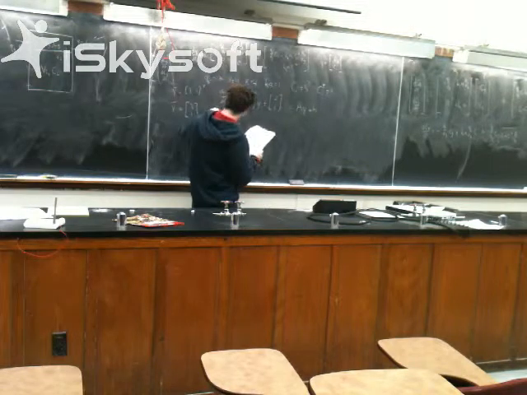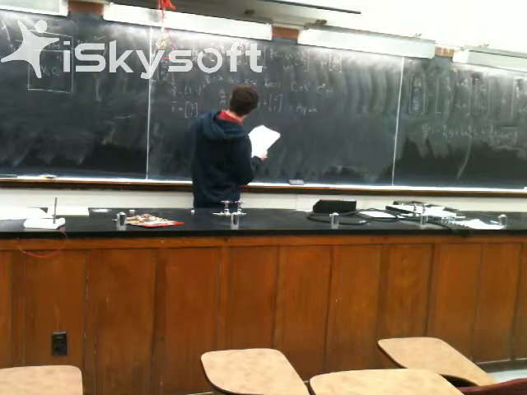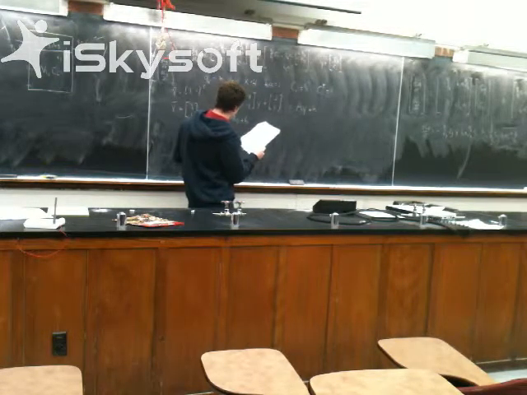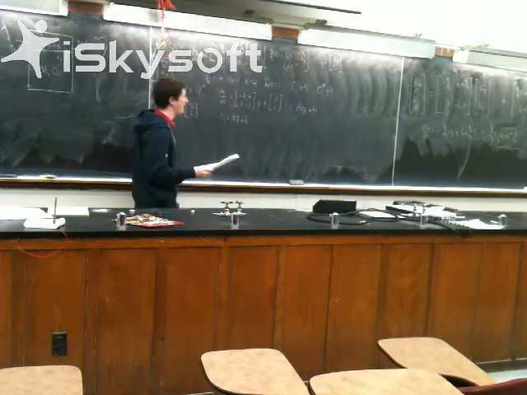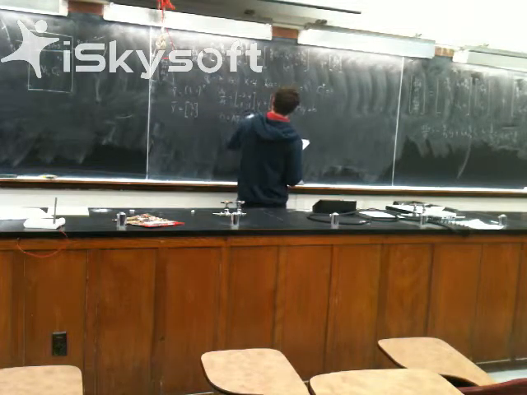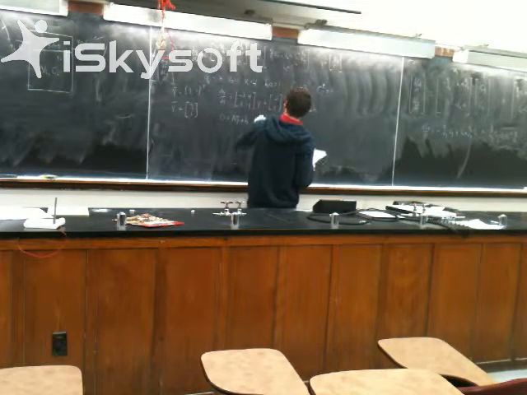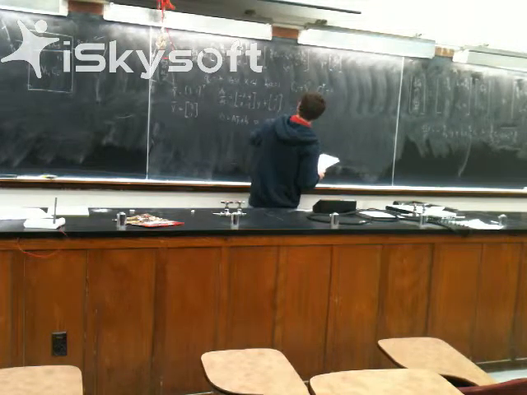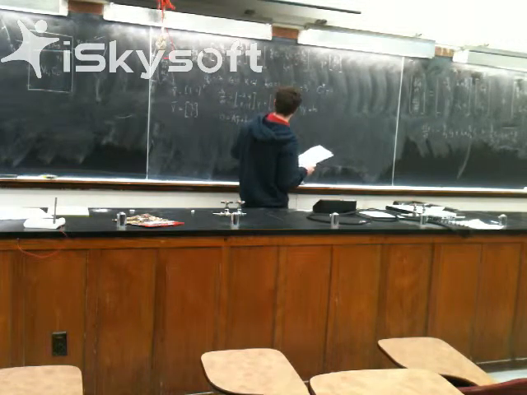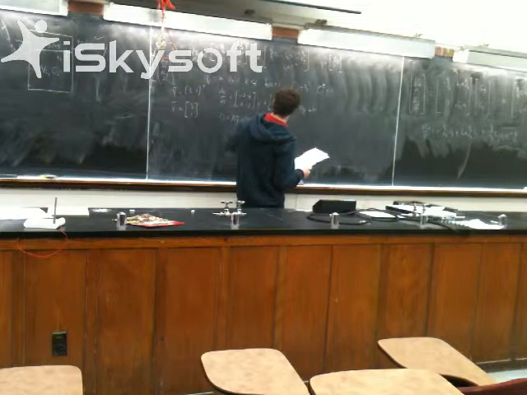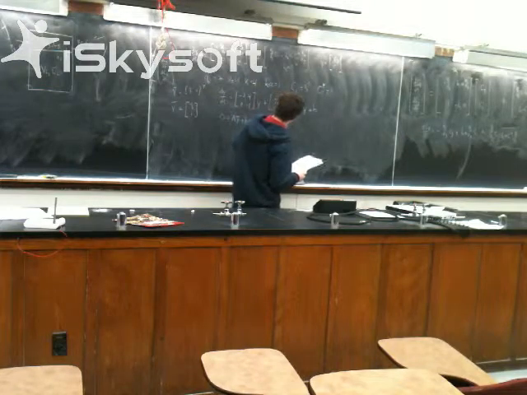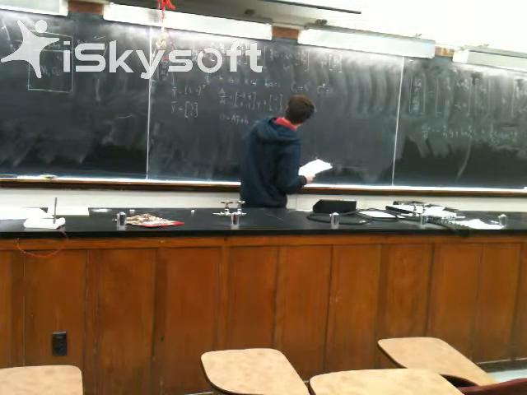So if you set this equal to 0, you have AY plus B. And we usually put a star over the Y to signify that this is at the steady state solution. We can move things around, so we have AY equals negative B. And if we're trying to solve for Y, then we multiply through by the A inverse out in front, and you get Y star is equal to negative A inverse